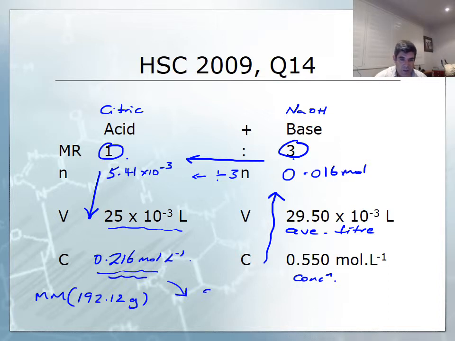Now, the only problem with this question is that it's not quite finished, because the answer actually gave you a value in grams per litre. So if we want grams per litre, then what we're going to have to do is multiply our number by its molecular mass, 192.12. So it's that times that, which gives me a number equal to